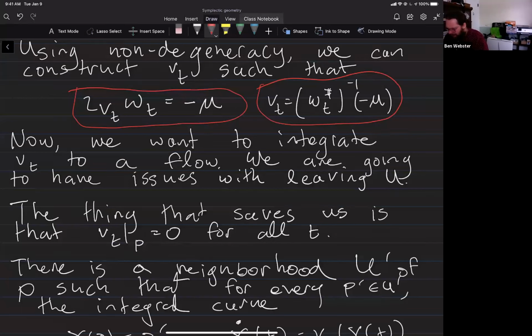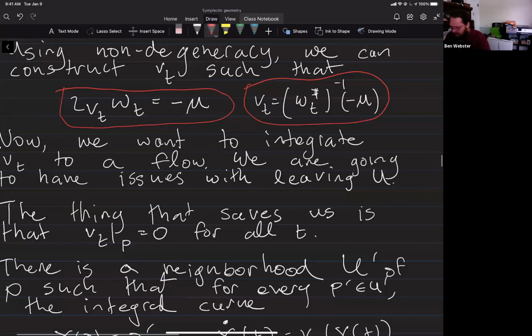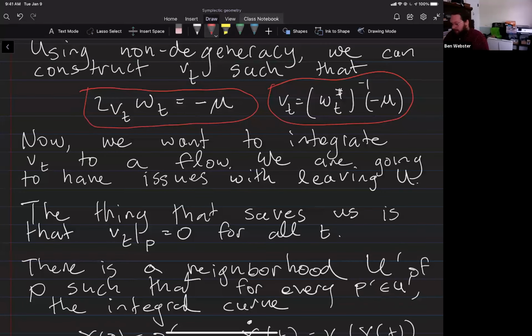And this is a technical point. I debated how deep into this I wanted to get. Canas da Silva just skates past it. But given that I emphasized before that you really had to worry about your manifold being compact to make sure that there was a flow, here the way you get around that is, again, you have the ability to keep shrinking your U if you need to. But the other thing that saves us is the way we constructed this,